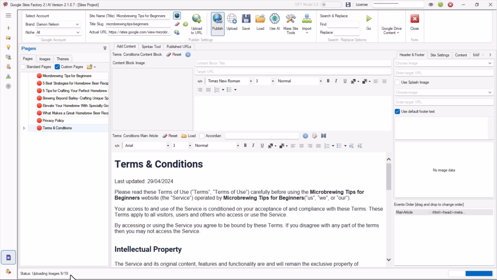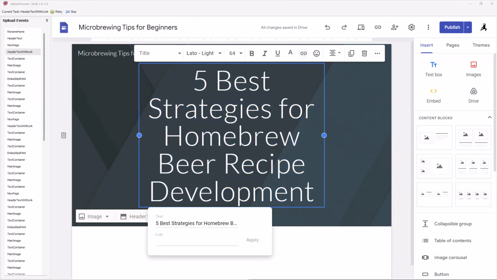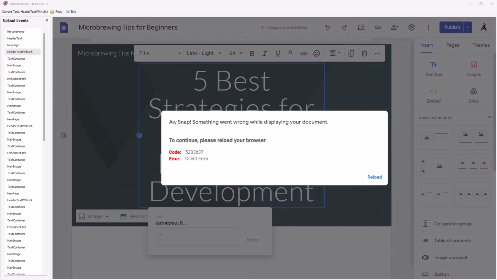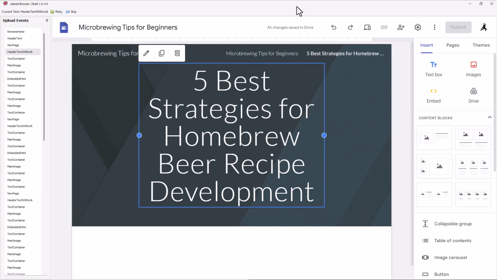And I'll pause the video until it gets to the page build. Now, if it gets stuck, you're watching it, and if it gets stuck building, there's this little button right here where you just click retry.